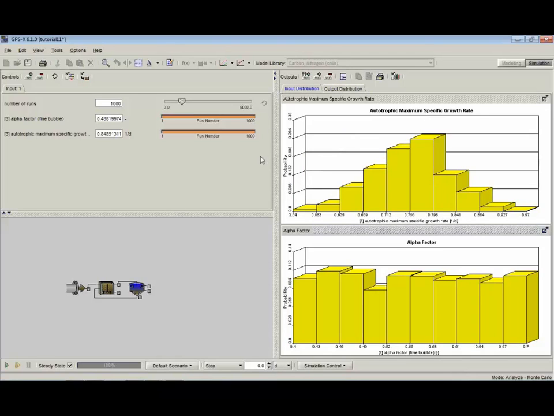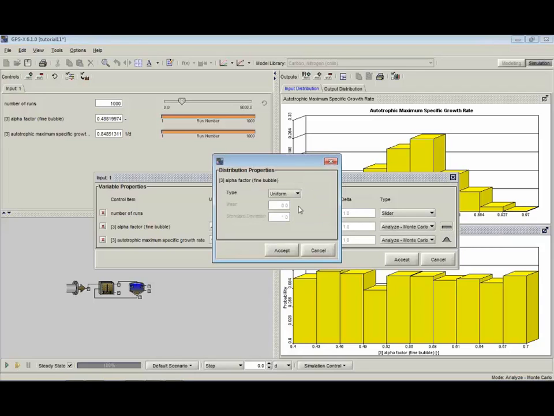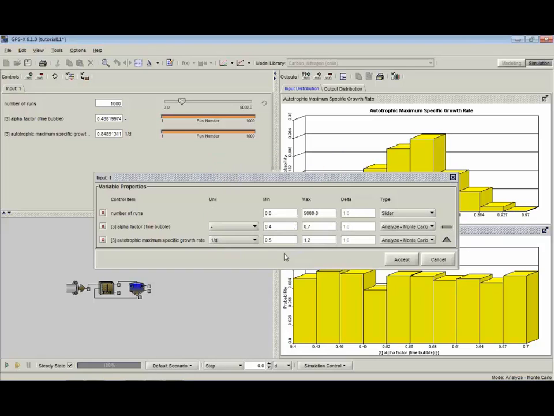So now I've already run the simulations in this particular case, but you can come here, select that I want to do a Monte Carlo analysis, and I have selected that for this particular value, the alpha associated with the aeration oxygen mass transfer, I want to have a range where I'm going to select values that are between 0.4 and 0.7, and I'm going to use a uniform distribution in this case. So what's going to happen is when I run these simulations, and we're going to run 1,000 simulations,